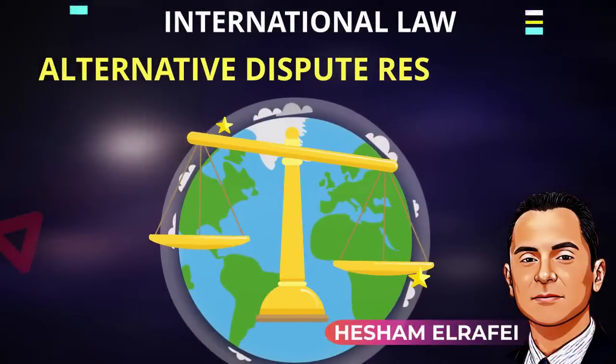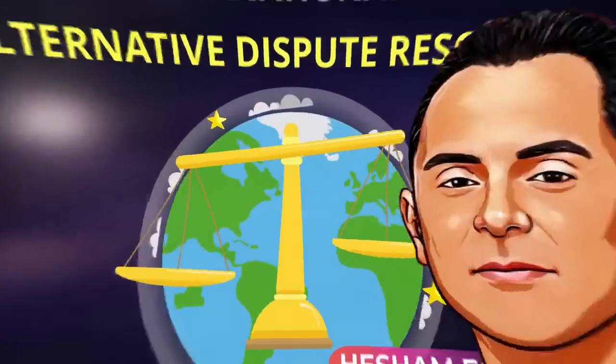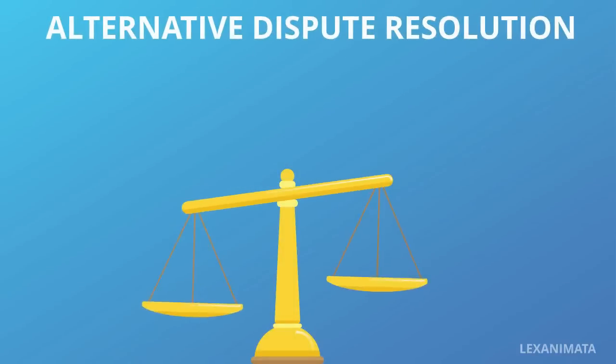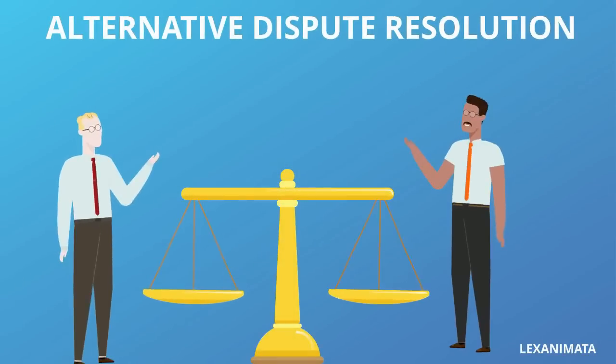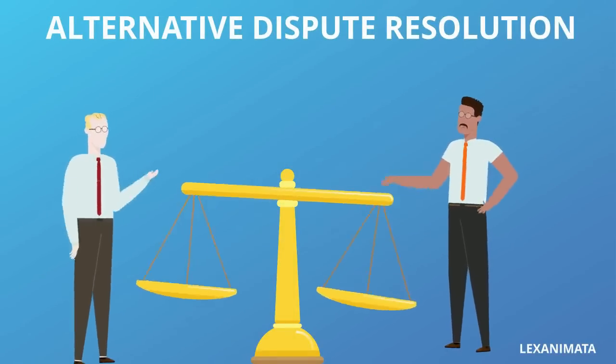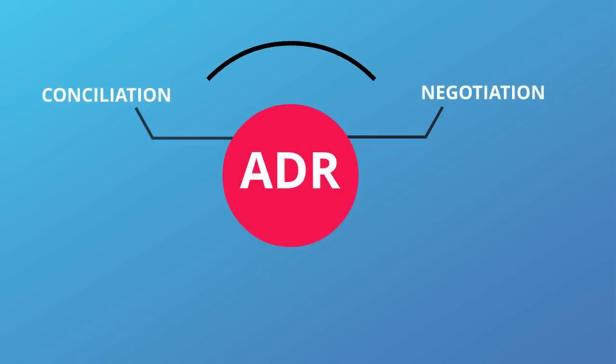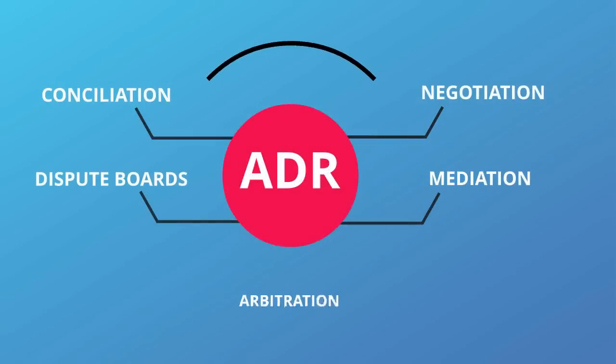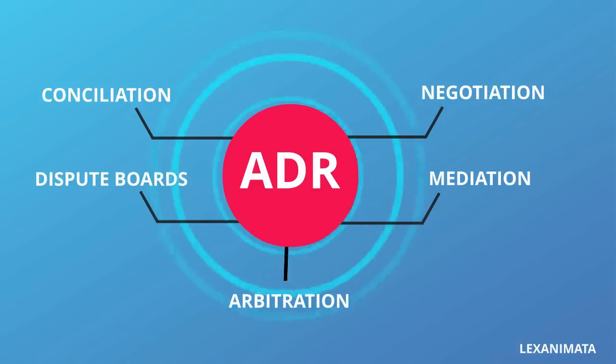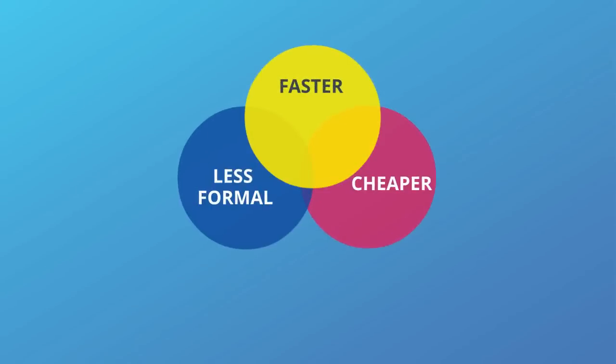Alternative dispute resolution, visualized. Alternative dispute resolution describes various methods that parties can use to resolve disputes outside of court, including negotiation, conciliation, mediation, dispute boards, and arbitration. The common denominator of all ADR methods is that they are faster, less formalistic, less expensive, and often less adversarial